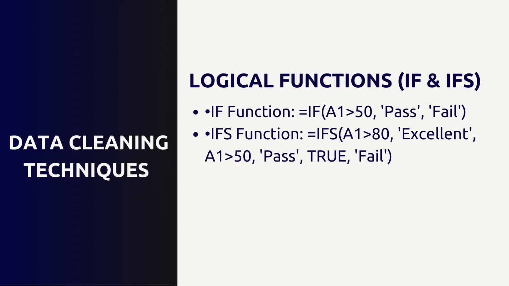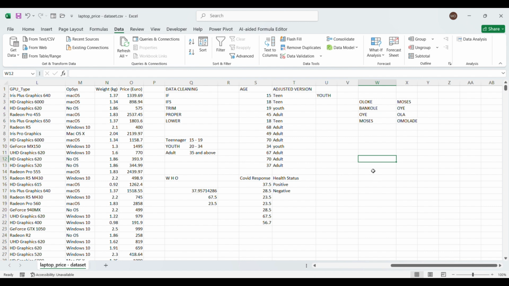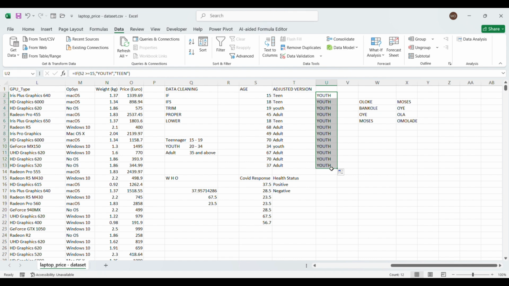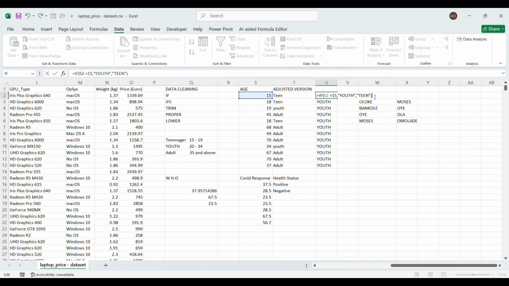I also have my IF statement here. The IF statement is mostly used, like we stated earlier, to group your data properly. Look here, I have age here. I said if this cell is less than or greater than 15, say youth, else say the other group. I'm using it to group my data. Look at the way the formula is showing here. Anytime you want to use the IF statement, just cultivate the habit of using equals to